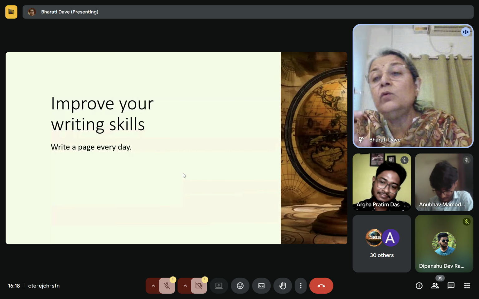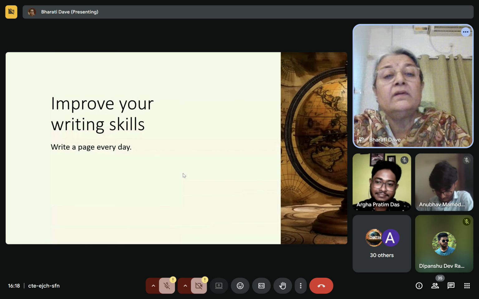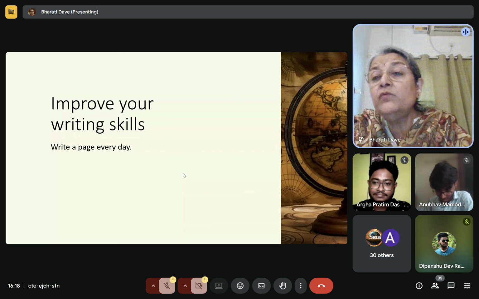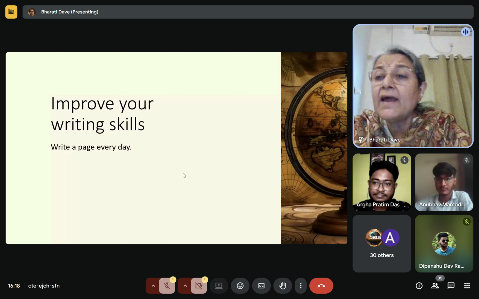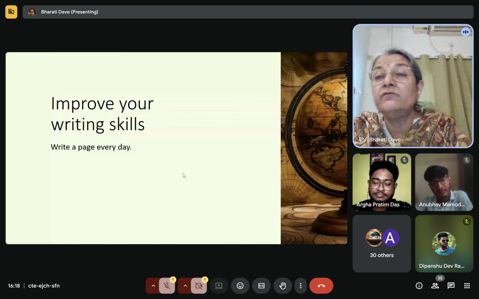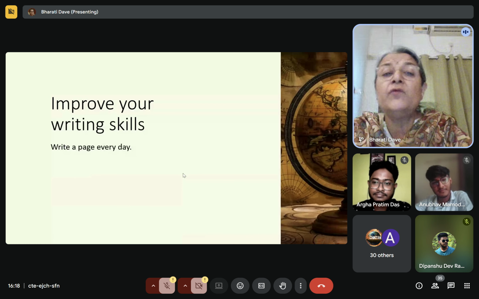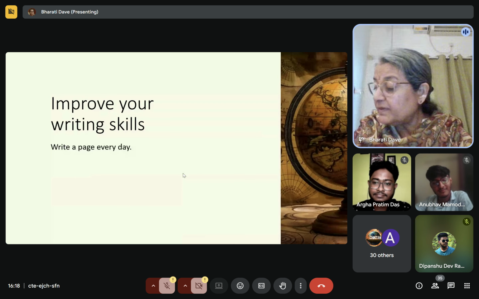Writing skills can only come when you improve your language, and that has to come through practice. Even a simple thing like how to write an application, how to write a letter, how to describe something, that is the basis. If you want to be a writer, if you want to write articles and really do well, you have to first form your basis.